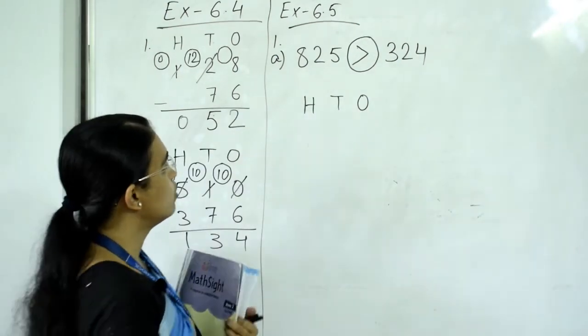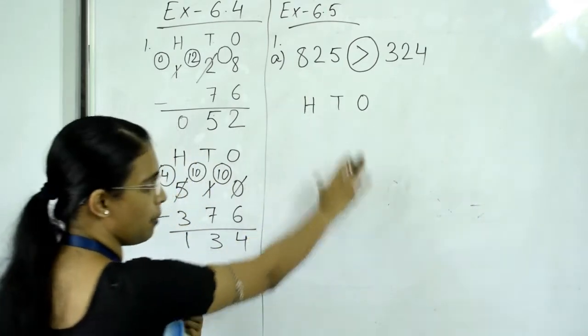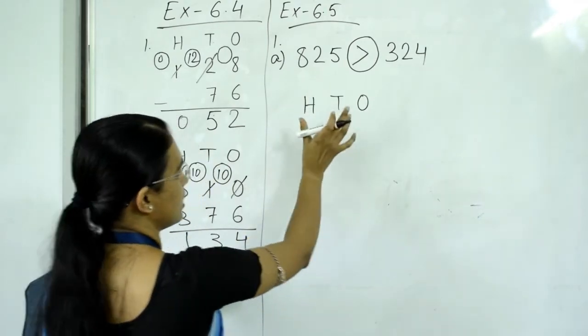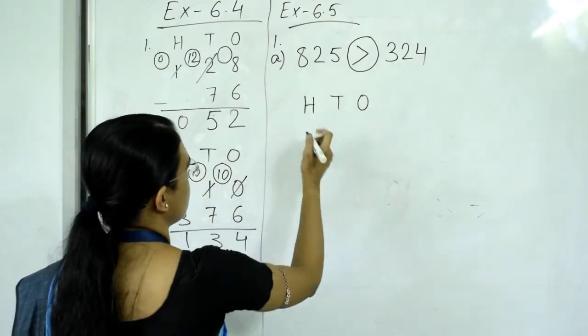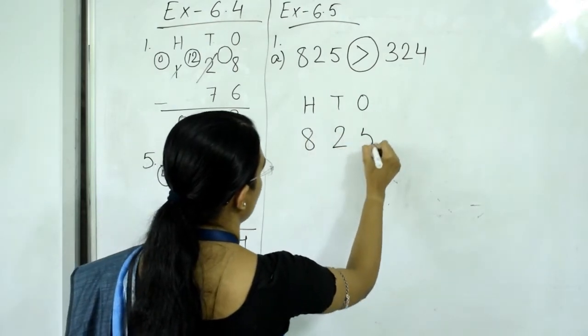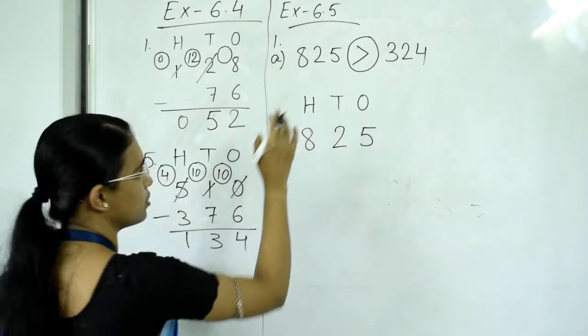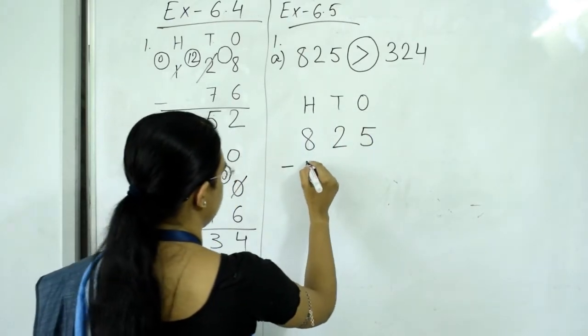Put the bigger number at the top, then subtract the smaller number from it. So this is the bigger number, so write this number at the top, then put the subtraction sign, then put this number